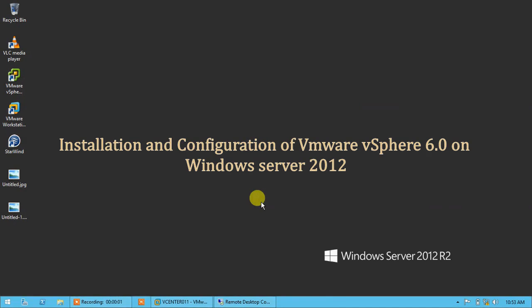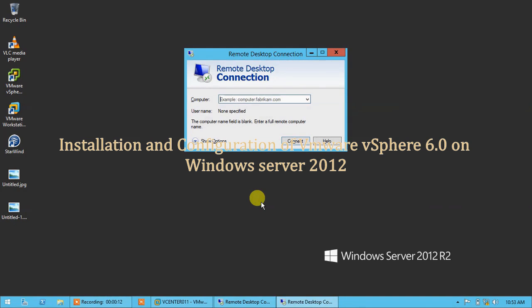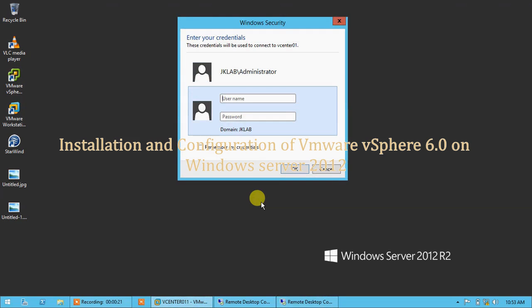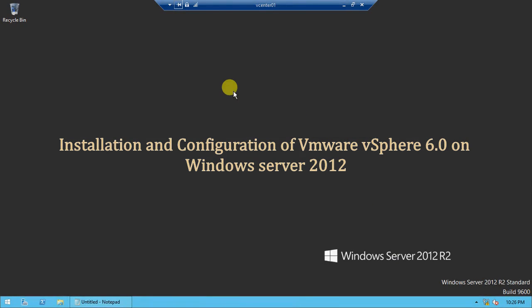So for that I will access my vCenter server. I will go to run and type mstsc, and I will type the server name here, vCenter01. That is my vCenter server name. Click on enter. I will use my domain credential to log in on this server. My domain user ID is server, and I will type the password here. Okay. So friends, this is my vCenter server 01